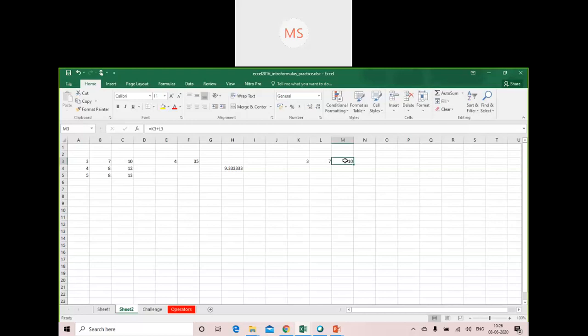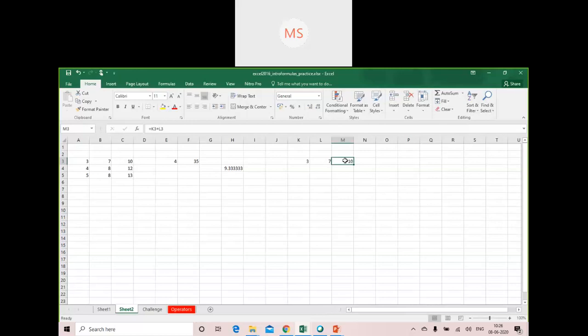Microsoft Excel provides you two types of cell referencing: absolute cell referencing and relative cell referencing. The relative cell referencing feature is enabled by default. In relative cell referencing, the cell reference always changes whenever you change its position.